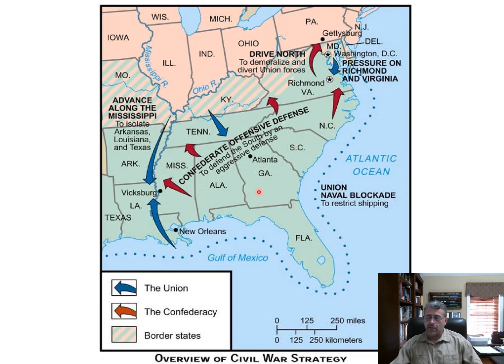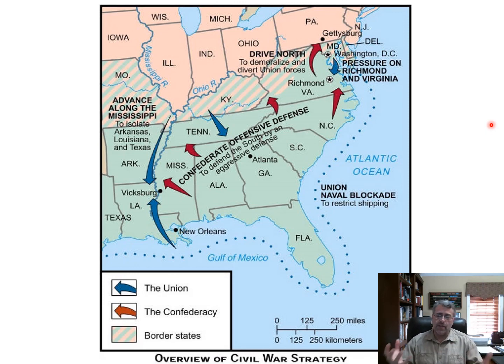Now, they do attempt a couple times to try to launch an offensive campaign. Gettysburg is the one big exception here to the Southern strategy. An opportunity presented itself, so Southern generals saw a chance to strike into Northern territory, and they tried to take advantage of that. And we'll talk about that when we get to the Battle of Gettysburg. But in terms of their strategies,